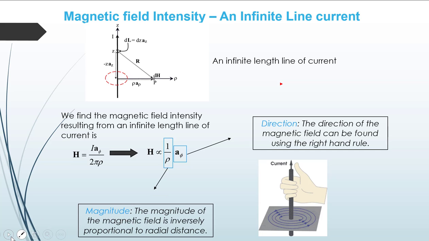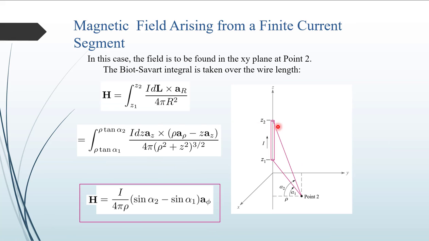Now next we are going to discuss how to find the magnetic field intensity due to a finite current carrying element. Instead of infinite, now the element is finite. See in this figure, the finite current carrying element is placed from Z1 to Z2. The length is finite, and if such a filament is placed along any axis or in space, what is the intensity at a specific point near it? For this, we are going to use the Biot-Savart law again to find the final equation for intensity at point P. In short, the derivation is given here.